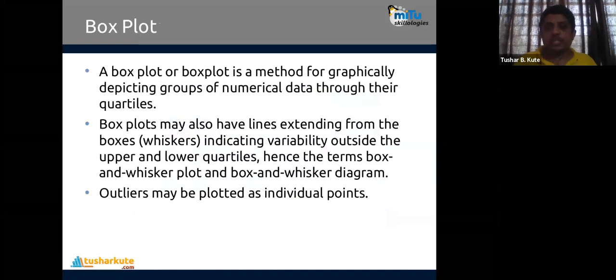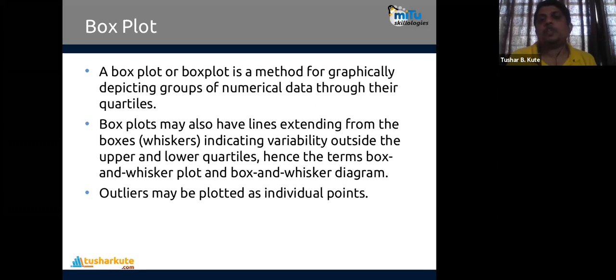Box plot, very important. I'll show the implementation of it, box plot also. So box plot is the method for graphically depicting groups of numerical data through their quartiles. Those who have studied statistics might know the concept of quartile. Three quartiles are there: 25% first quartile, 50% second quartile, and 75% third quartile.